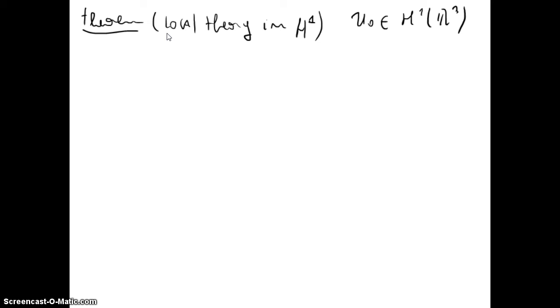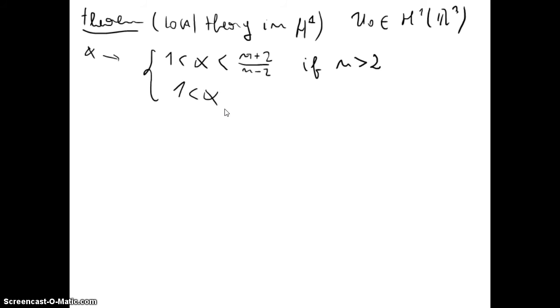The non-linearity alpha will be between 1 and (n+2)/(n-2) if n is greater than 2, and alpha will be between 1 and infinity if n is equal to 1 or 2. So if alpha satisfies this, then for all u naught in H1